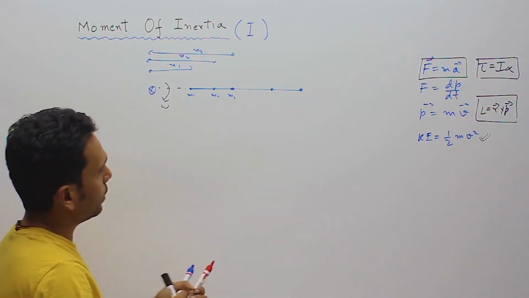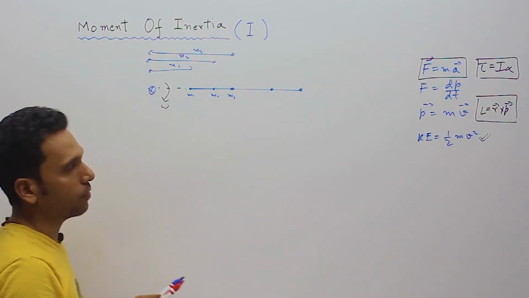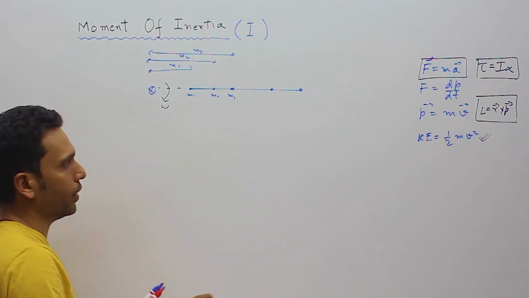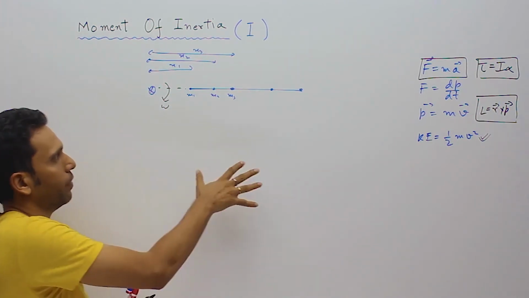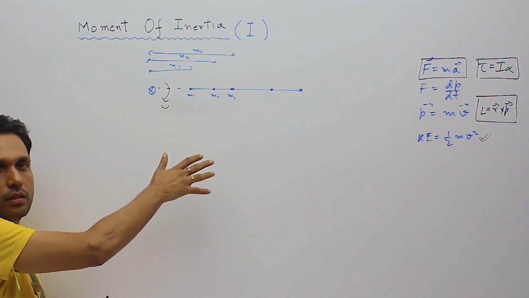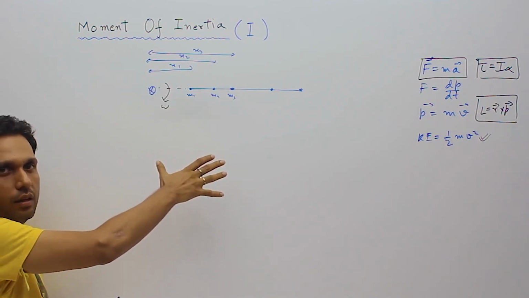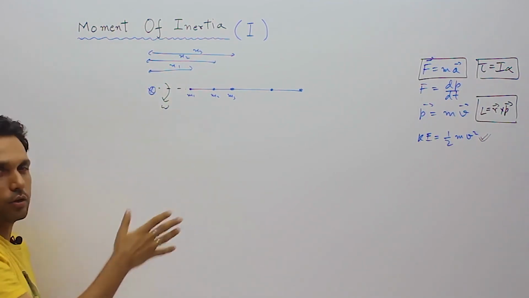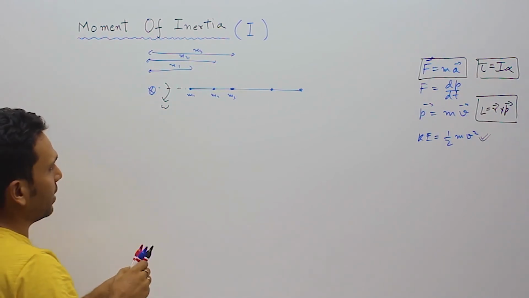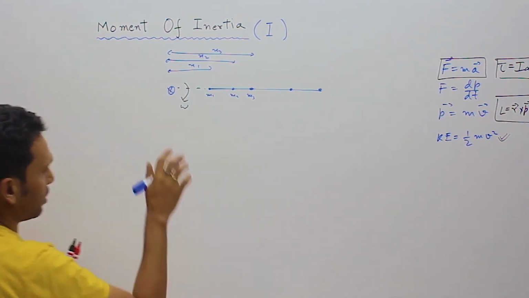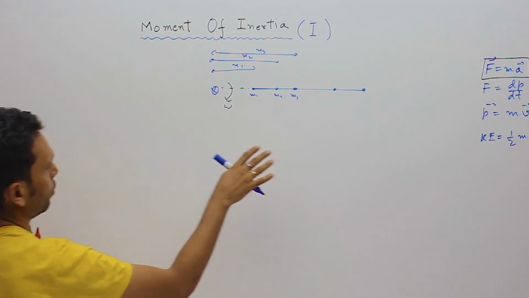Now we want to calculate the angular momentum. This part of the lecture is not to tell you what is angular momentum. This is to emphasize that even when we are calculating angular momentum or any other stuff with the rotating body, again the term moment of inertia is going to come up. But before we do that, I will tell you the basic formula of angular momentum